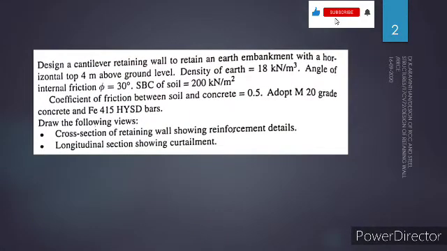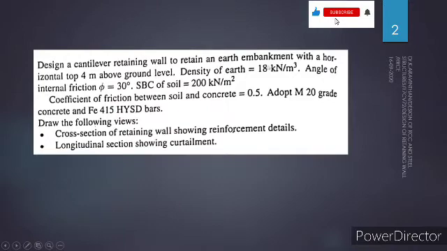Here let us take an example for understanding the design concept. A cantilever retaining wall to retain an earth embankment. For an embankment, we are going to design the structure for a height of 4 meter from the ground level, that is the lower ground level, and the prerequisite of this is the density of the material, which is essential